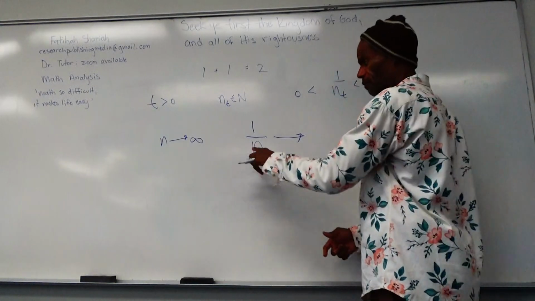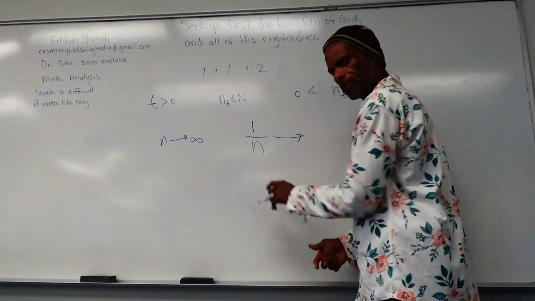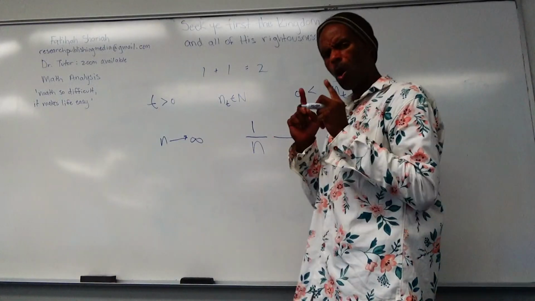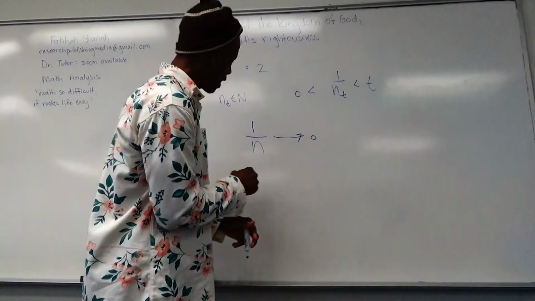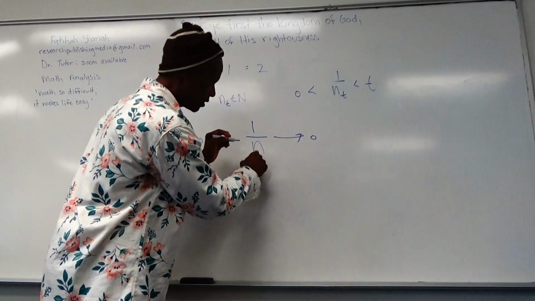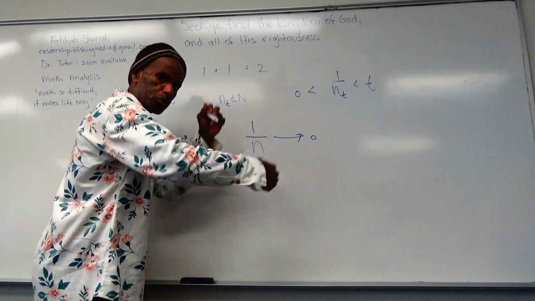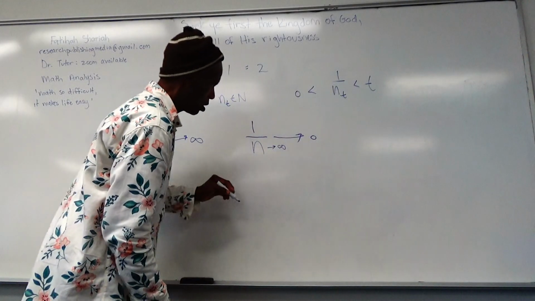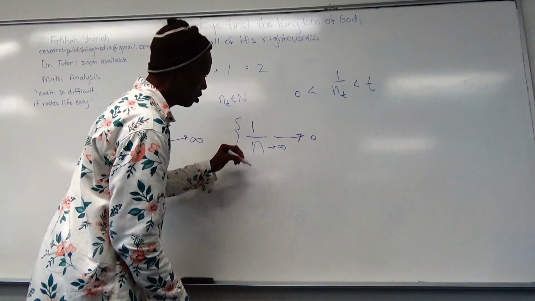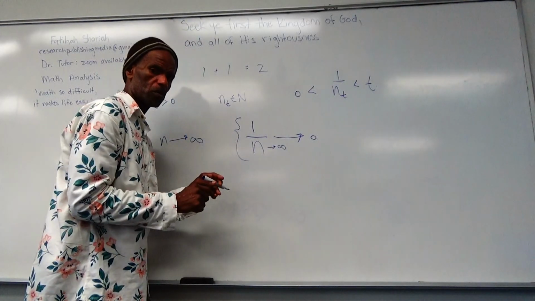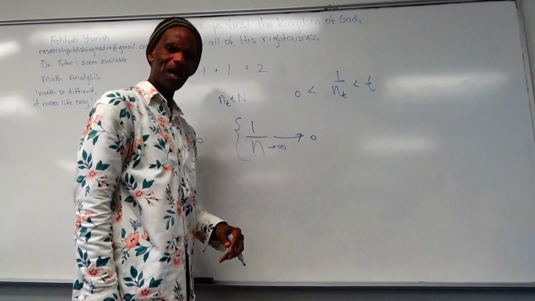of this function, you can call this a function. The value of this statement is 0, but it's only 0 as n goes to infinity. That means that as this n goes to infinity, this value goes to 0, but it never equals 0. That's some hellified tricks